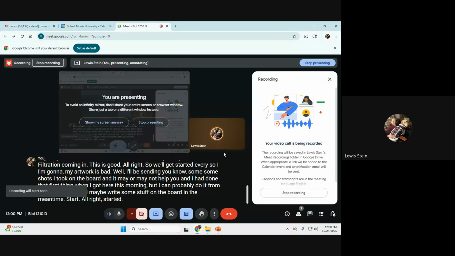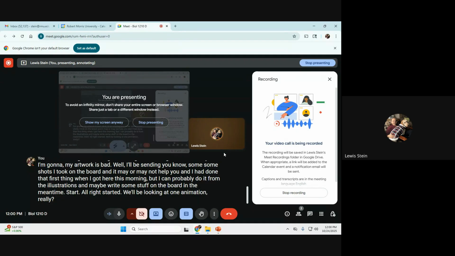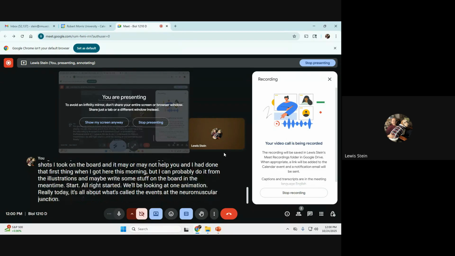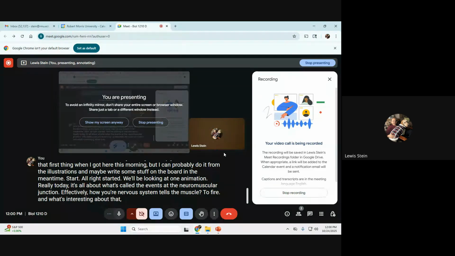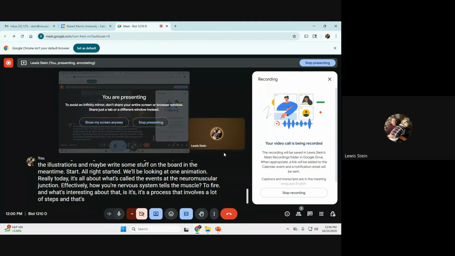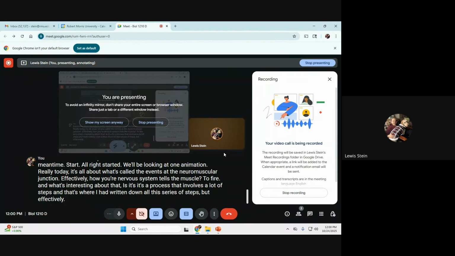We'll be looking at one animation. Really, today it's all about what's called the events at the neuromuscular junction. Effectively, how your nervous system tells the muscle to fire. What's interesting about that is it's a process that involves a lot of steps, and that's what I had written down. All this series of steps, but effectively, again, normally when you look at nerves